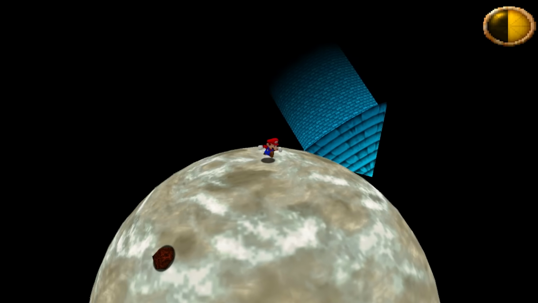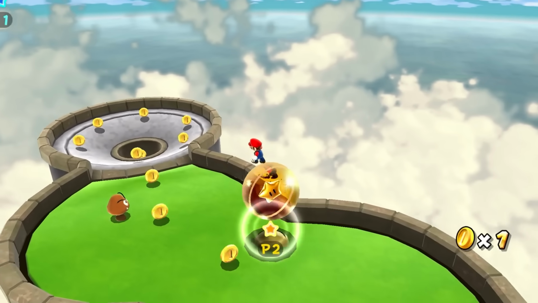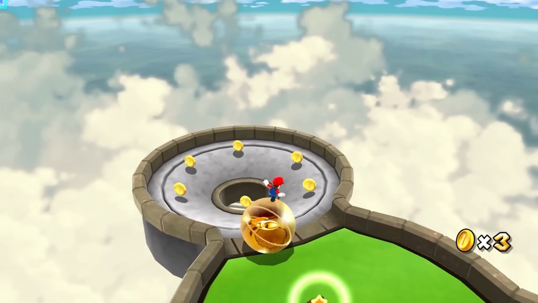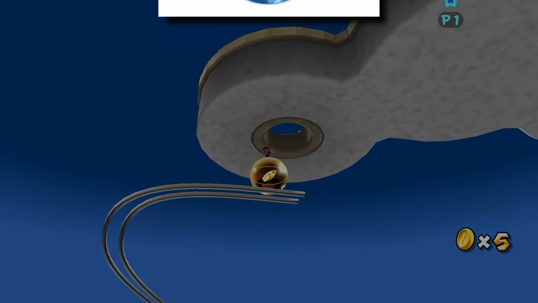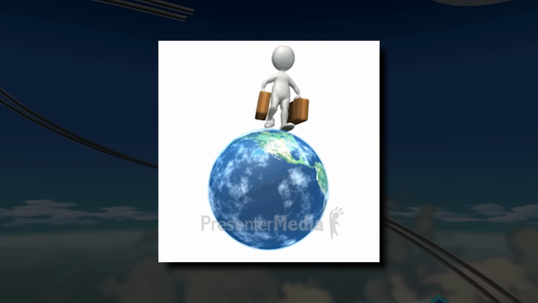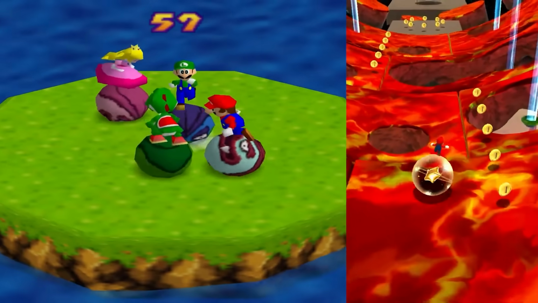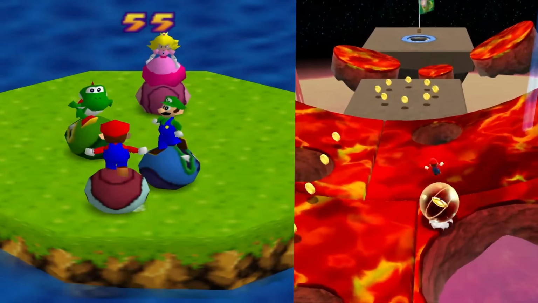So what is going on? The idea is that instead of Mario moving through space, he rotates the entire level. You can visualize this as Mario standing on top of a gigantic globe. Instead of him walking on the surface, the globe rotates under him when he moves, giving the illusion of movement. Think of Mario Party 1's bumper ball minigame or Mario Galaxy's spinning ball minigame, and how the characters move the